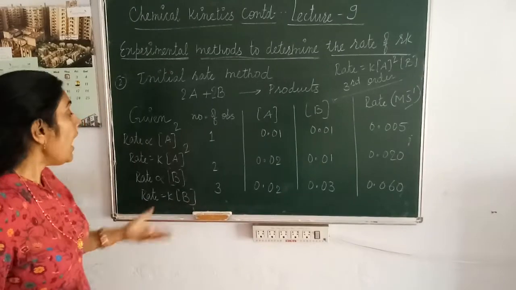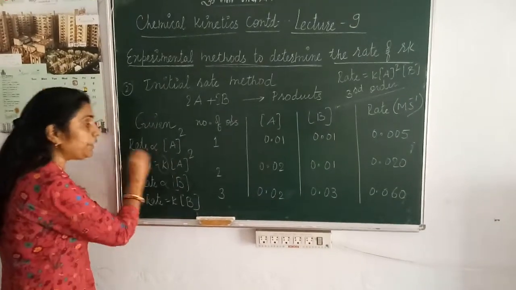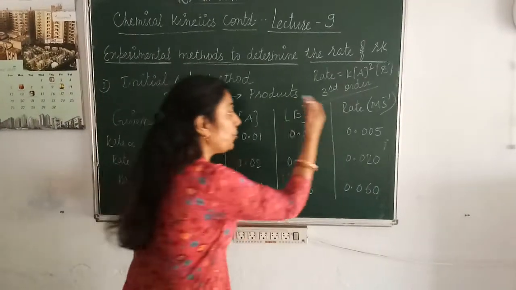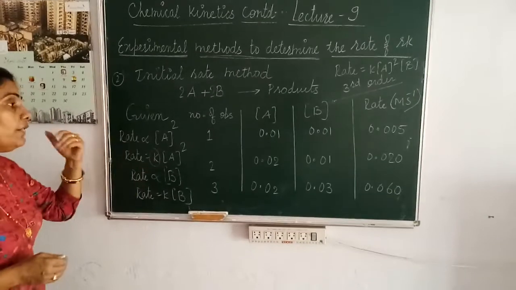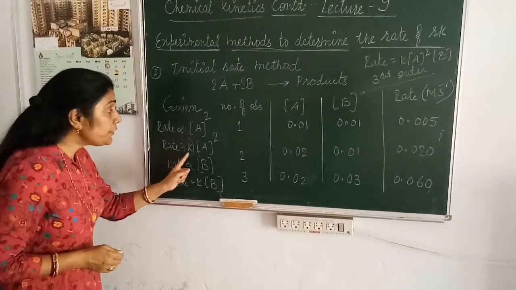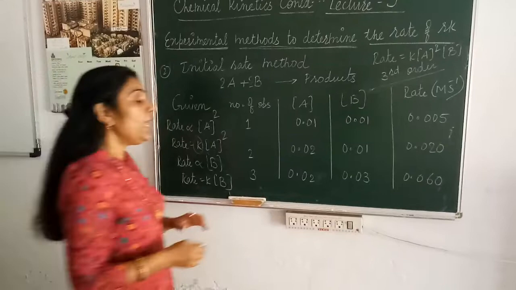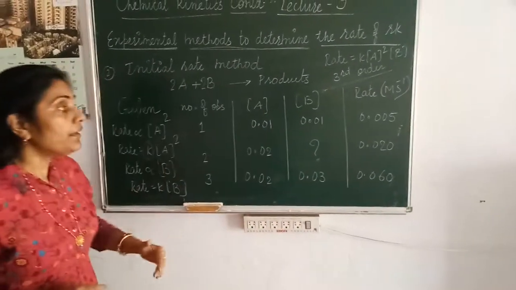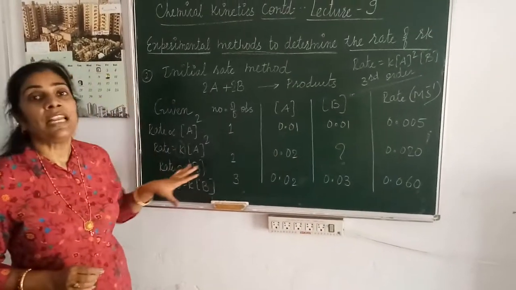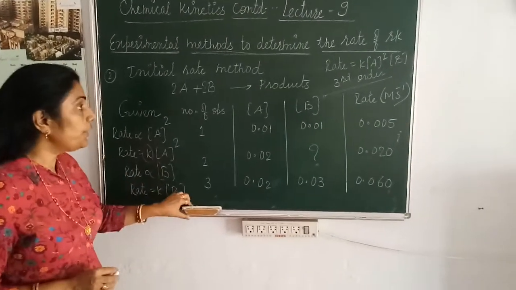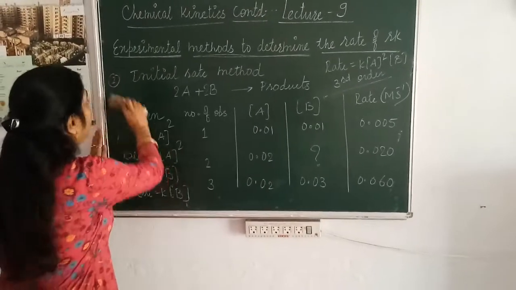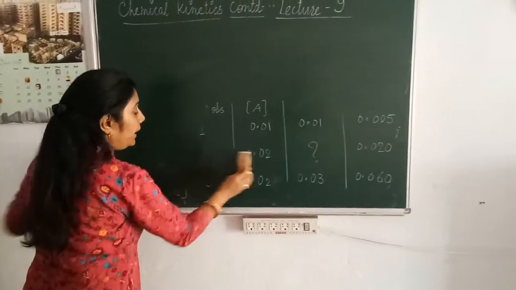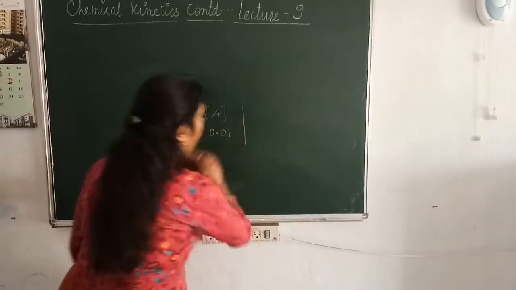And in this case, either you would be asked to find out the rate constant K. When you know the concentrations of A and B, by substituting one of the rates, you can calculate the value of rate constant K. Or K is known and concentrations are known, but at one of the places there is a blank. So you need to fill up this blank on the basis of the other values and data given. So this type of question is also very important to determine the order of reaction on the basis of the initial rate method.